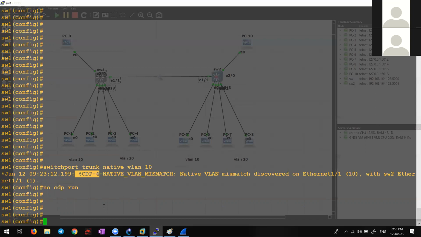The PC is in VLAN 10. It is sending data and it is going through a trunk interface. In that trunk interface, VLAN 1 is the native VLAN. So will the VLAN 10 data be tagged or not? It will be tagged. So earlier you said it will not be tagged. In the packet flow, it will be tagged in the first link. It will also be tagged in the second link. It will not be tagged in the third link. That's how it works.